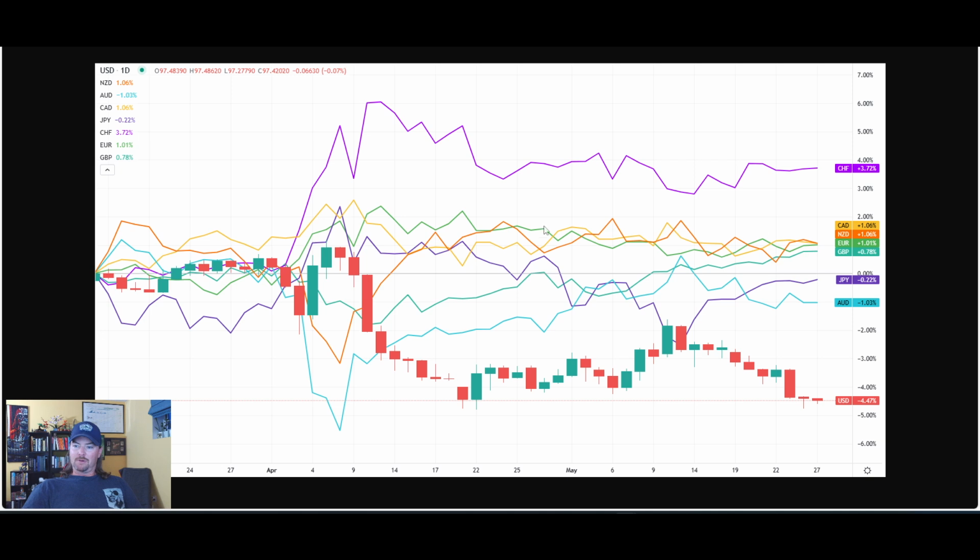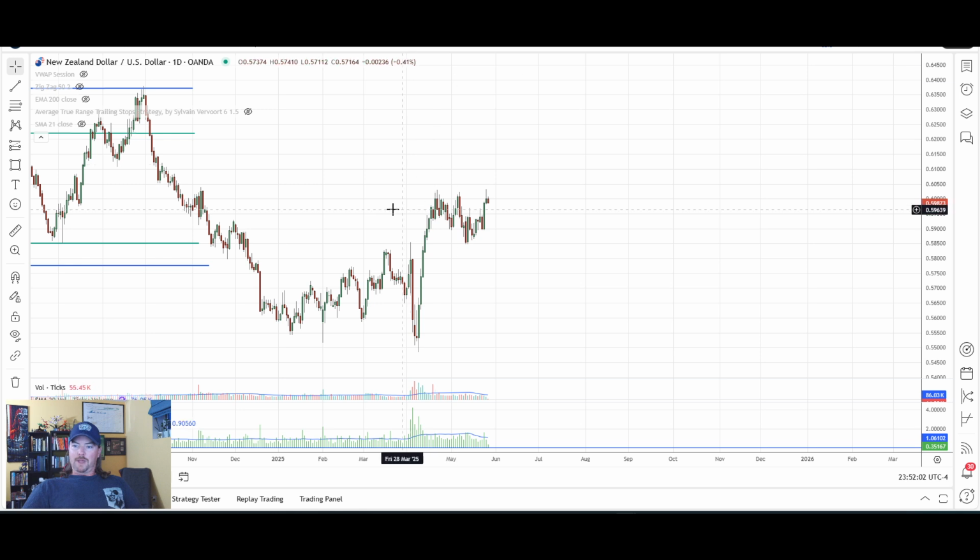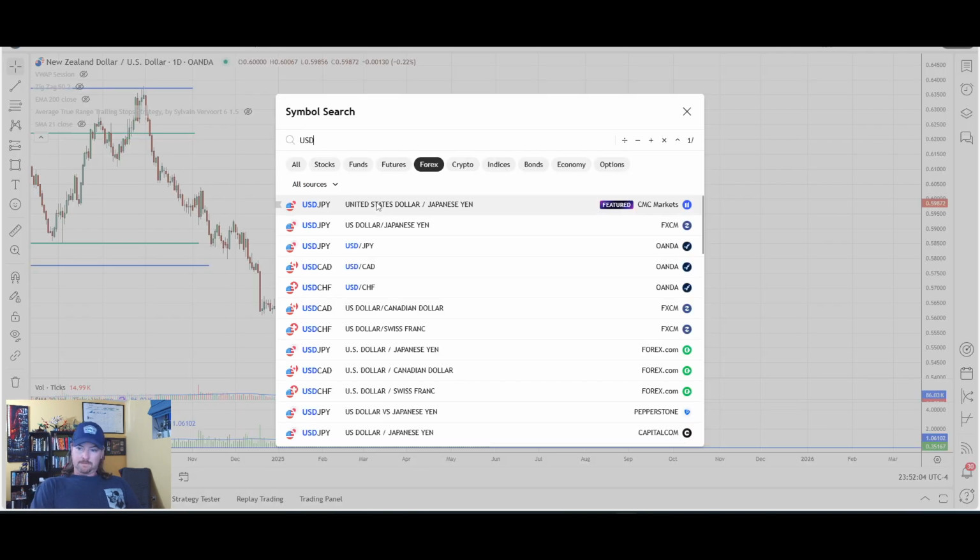A lot of other pairs. So typically what I'm going to do is look at what's strongest, what's weakest, and pull up that pair. So if we do that,